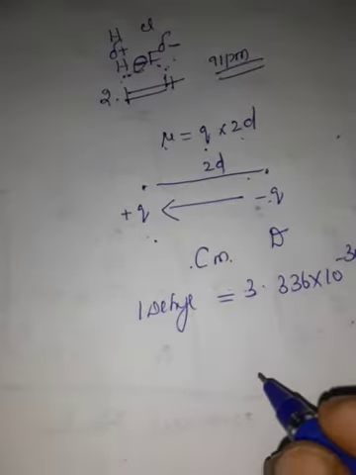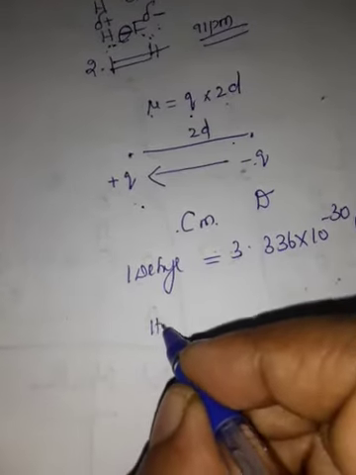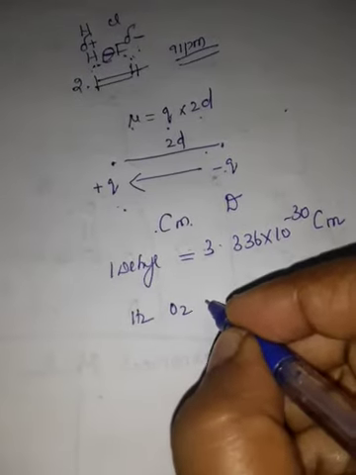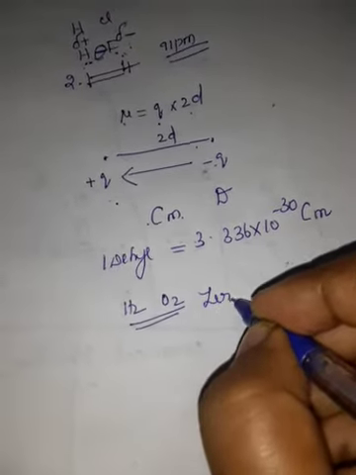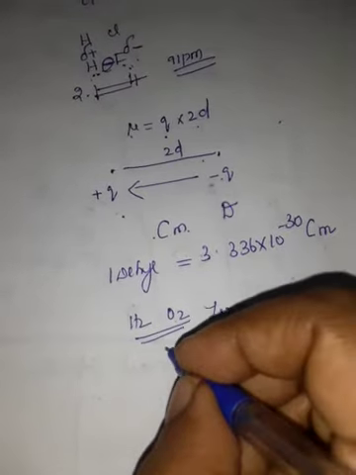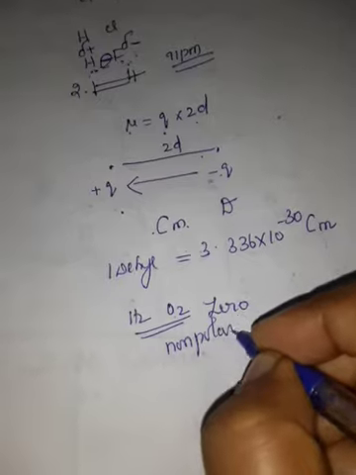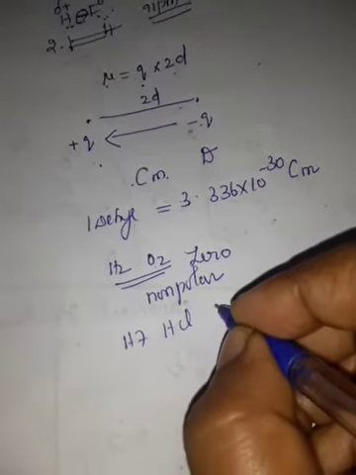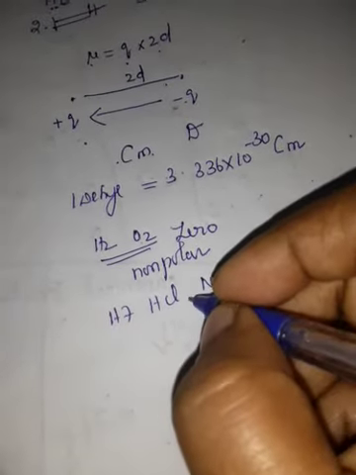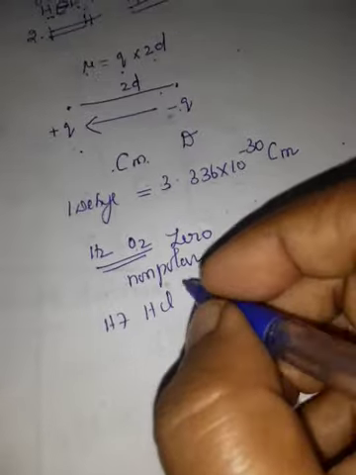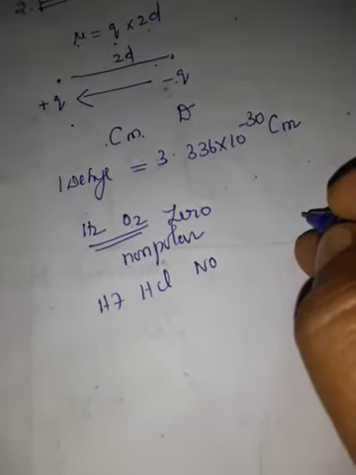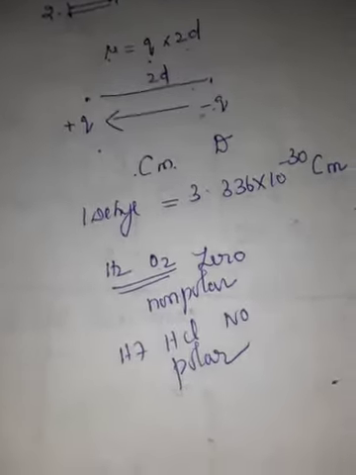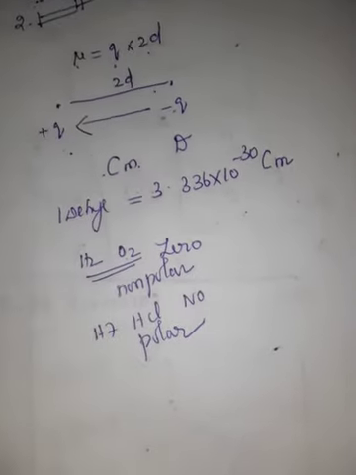Now, the homodiatomic molecules like H2, O2, F2 all have zero dipole moment. So they are all called non-polar molecules. And molecules such as HF, HCl, NO do not have zero dipole moment. They have non-zero dipole moment, so they are called polar molecules.